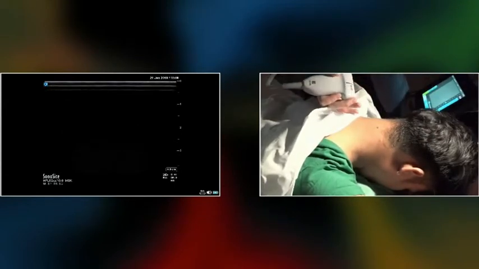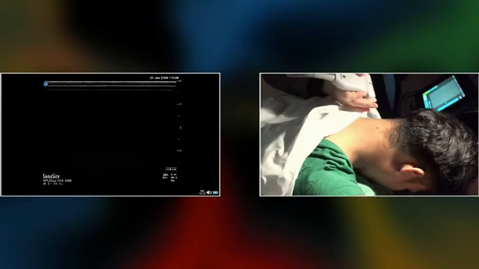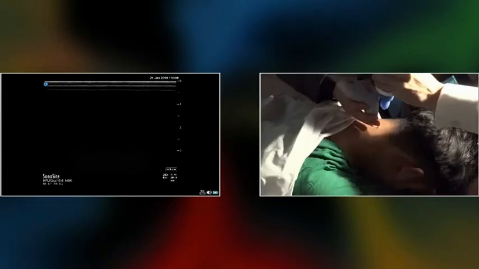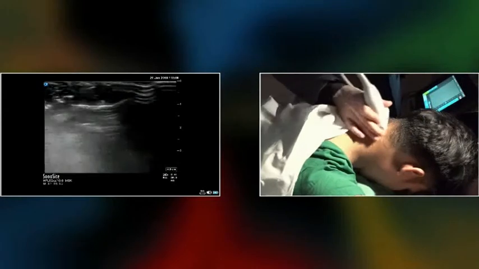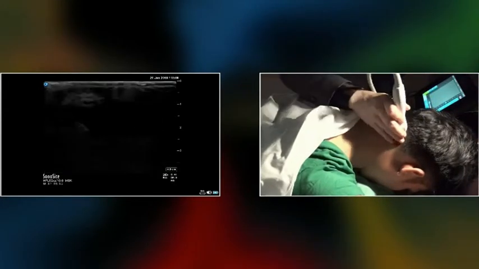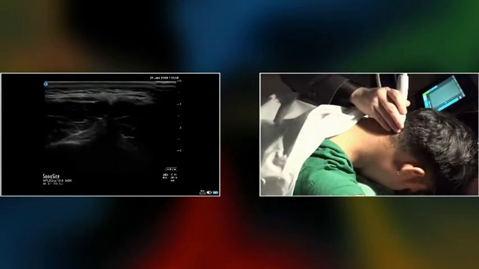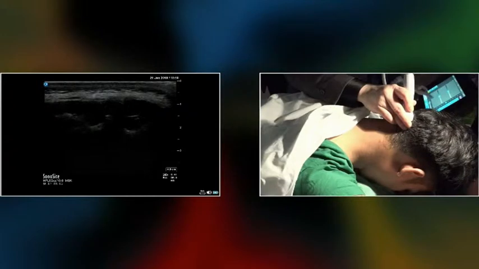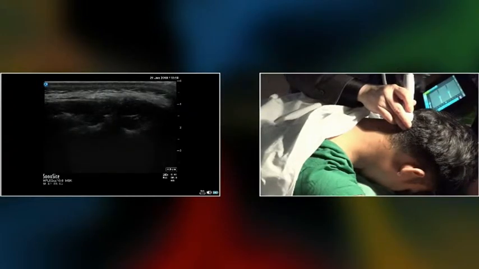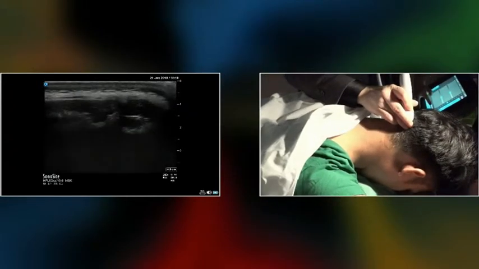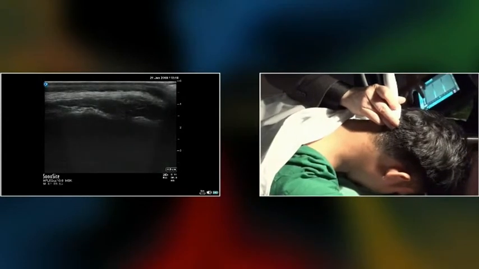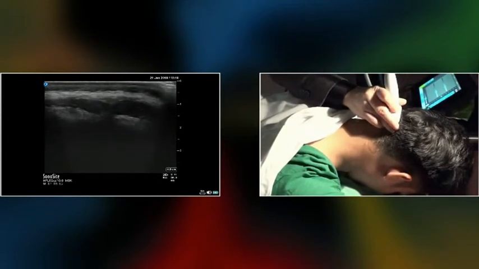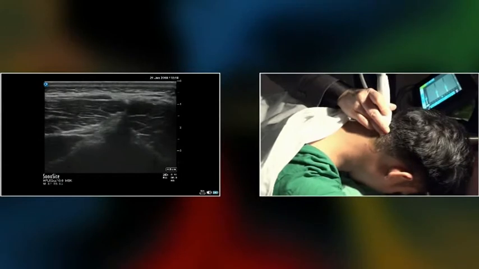Otherwise, you don't want the patient to shave the hair, especially for ladies, for this bulk. So make sure you have enough good contact of gel, and then you scan up, you see the occipital. Okay, so up to now, that is the bone, the skull, and then you scan down, you see the